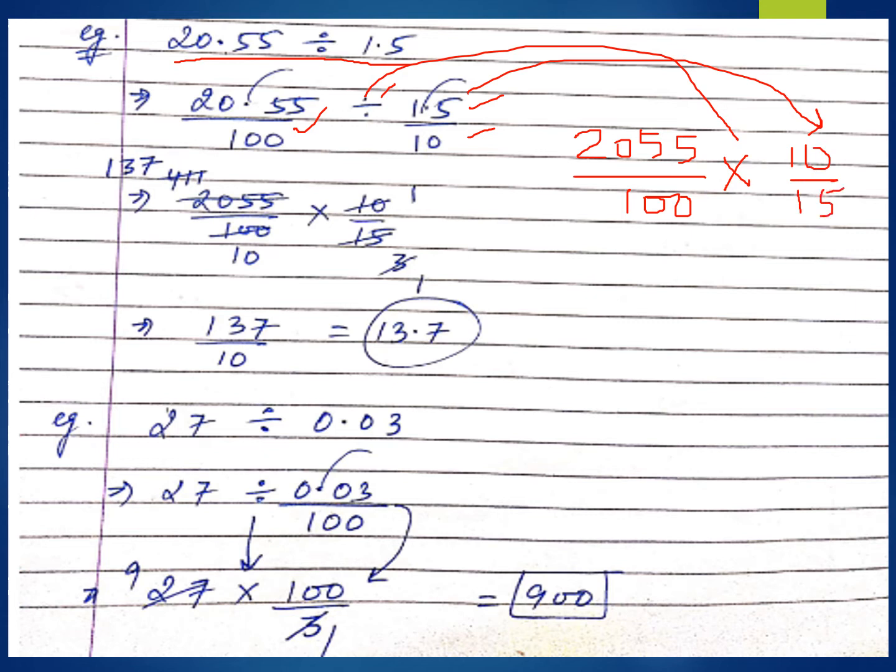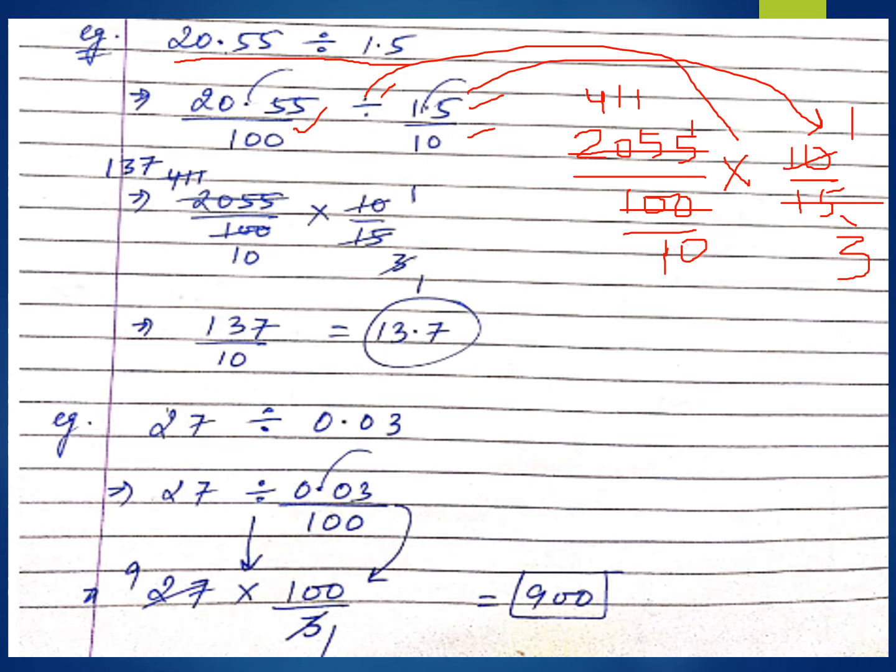I have told you these numbers are special, don't cut them until they are cutting exactly. So in this case, if you see, 10 and 100 are both good numbers, so they can cut each other. 10 ones are 10, 10 tens are 100. Now remaining is 15 and 2055. What to do? You can observe 5 is coming in the last, 5 is coming in the last. So they both will be divided by 5 very easily. 5 threes are 15, 5 fours are 20, 5 ones are 5, 5 ones are 5.